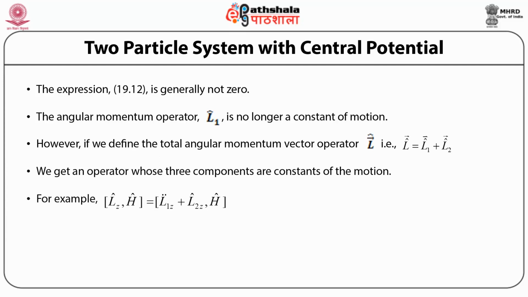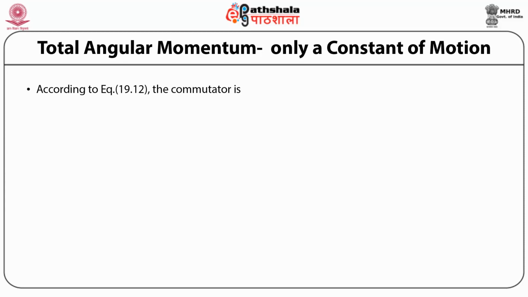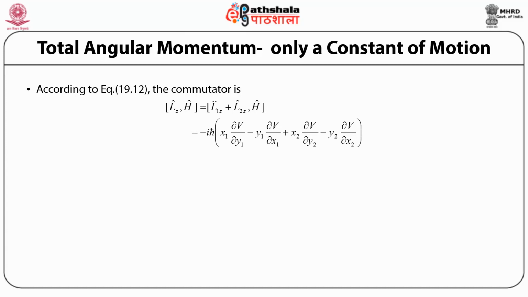For example, the commutator of operator Lz with Hamiltonian operator H is equal to the commutator of operator L1z plus operator L2z with the Hamiltonian operator H. According to equation 12, this is equal to minus iota h cut into